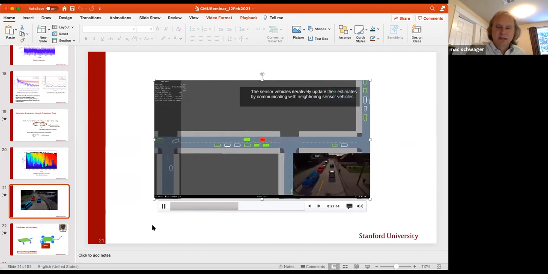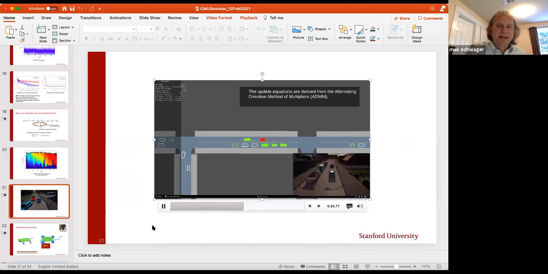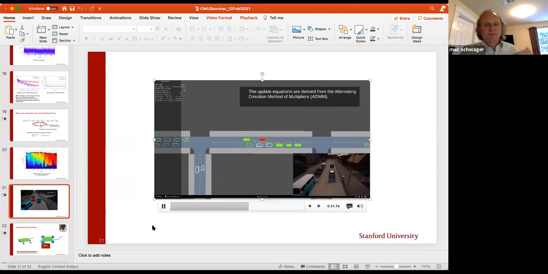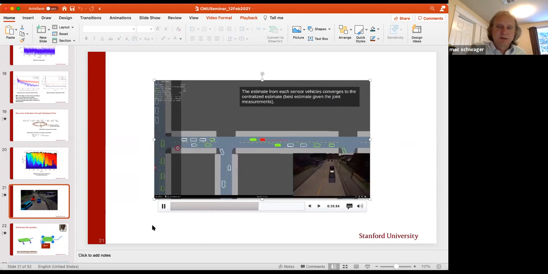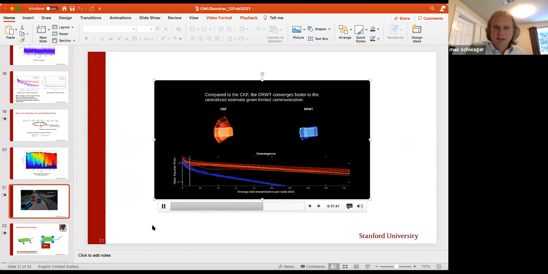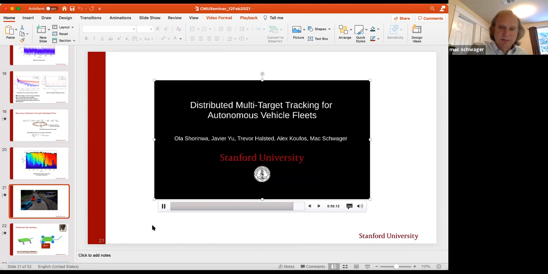But if at some point a target is not viewed by any autonomous vehicle, if there are no measurements on that target by any vehicle, then the autonomous vehicle network stops tracking. All the vehicles that were involved in tracking that target just say, do you see it? I don't see it. None of us see it. Okay, it's not in the world anymore. Forget about it. And then if that car reemerges and is now seen by another subset of the autonomous cars, we just initialize a new filter. There's no history to it in that sense.